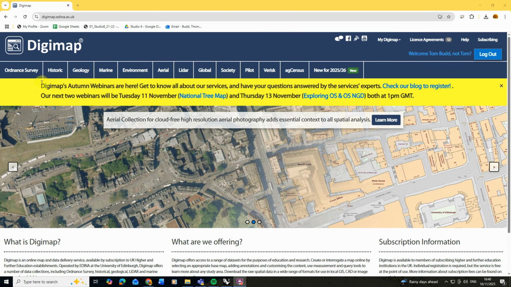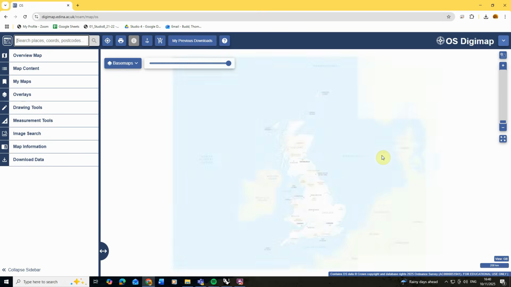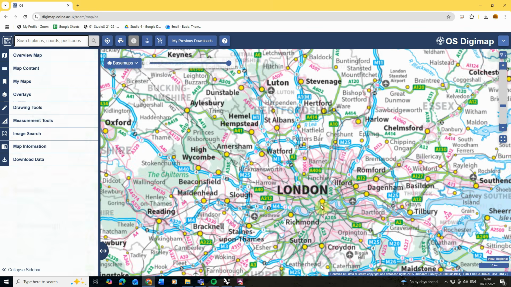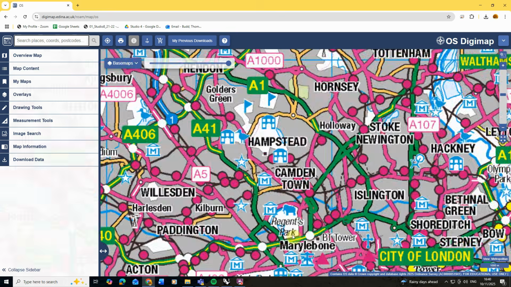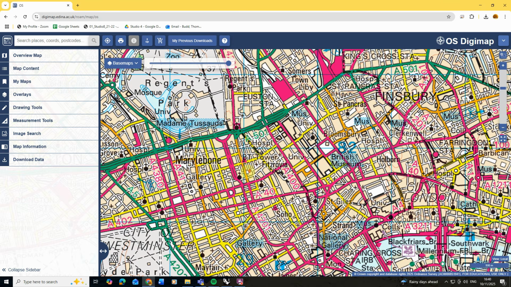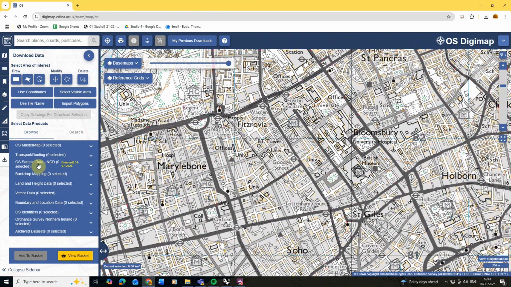To do this, we're going to click on the Ordnance Survey tab and open up the OS Digimaps. In here we're going to zoom in on the area we want to download our data from. In this case I'm going to be downloading data from London. We'll then find our location, and under the download data option we need to select the draw tool to draw